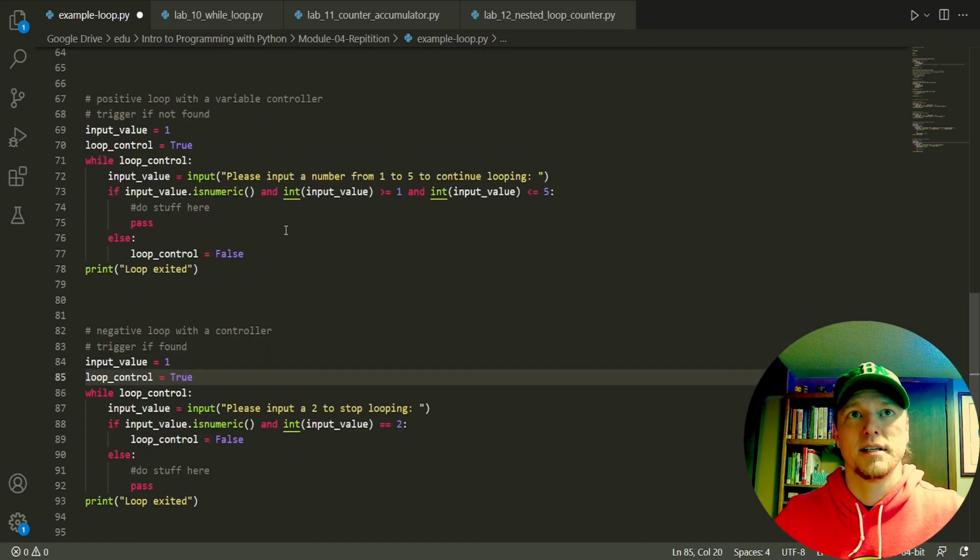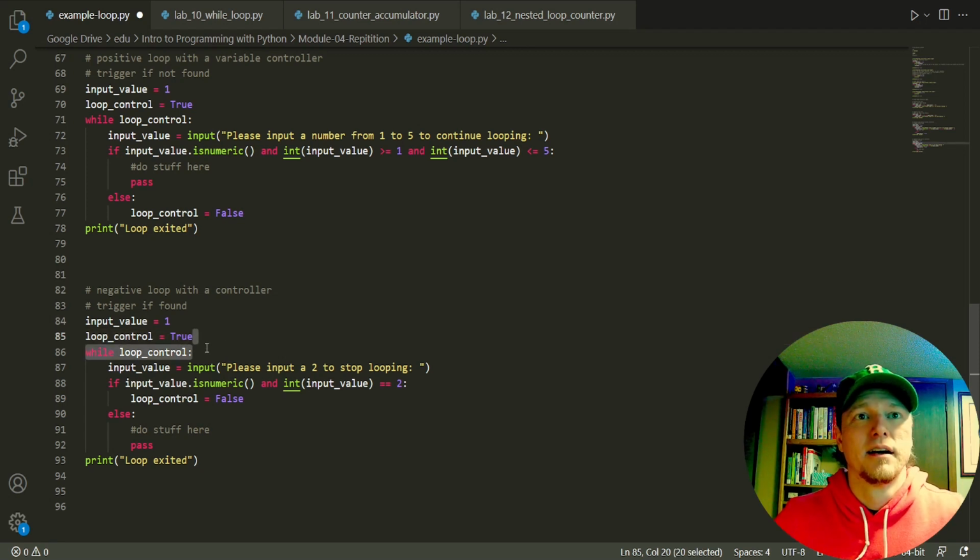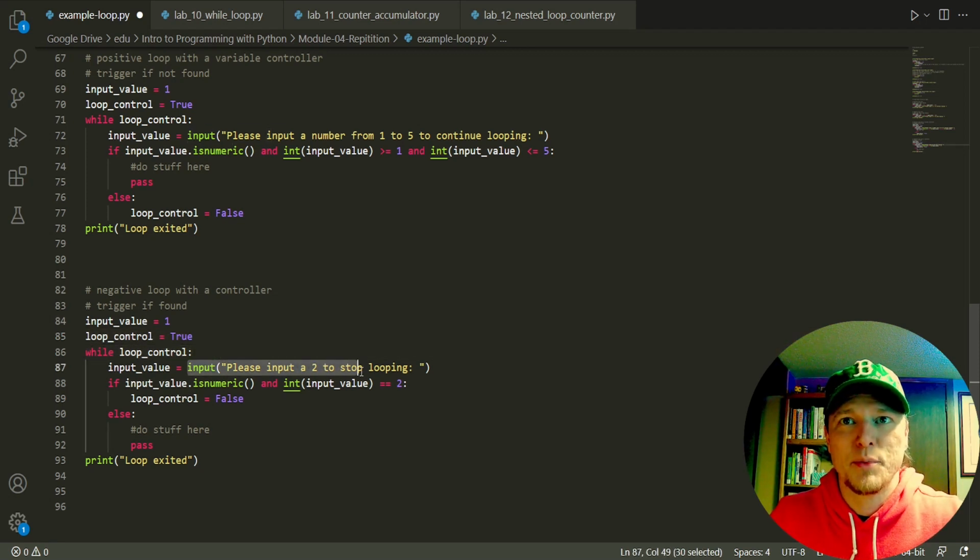In the first one, they have to say, yeah, I guess it's a question of consent, right? In the first one, they have to say yes to keep going, and anything else is a stop. And then the second one, they can say stop to stop, and anything else is keep going. That took a turn. Anyway,